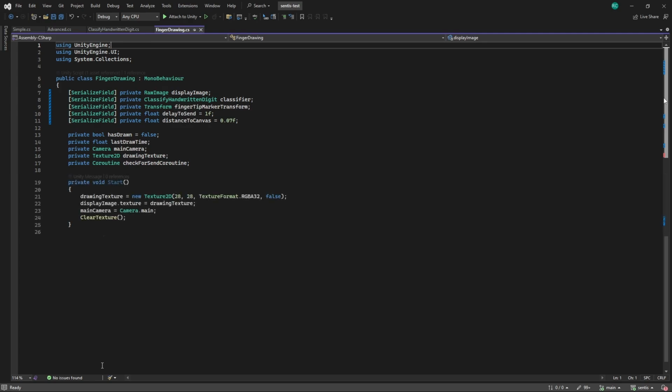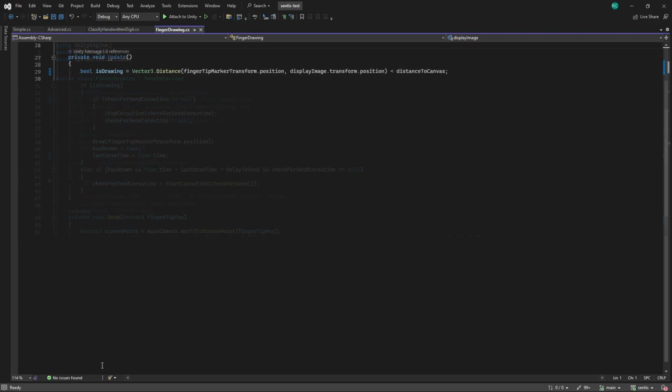In the start method, we want to create a new texture, and let's make sure we have the same dimensions like we had for the input of the model, which is 28 in height and width, to get more accurate predictions later. In the update method of the finger drawing script, the logic primarily focuses on detecting and responding to